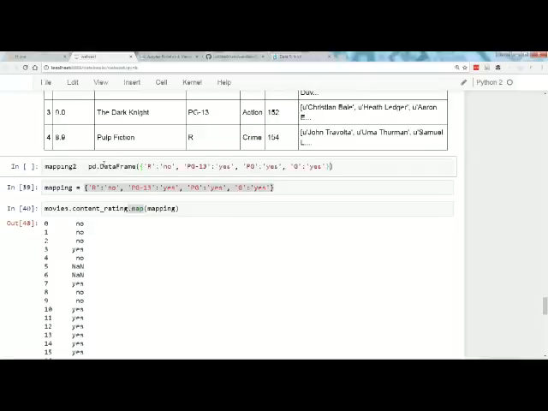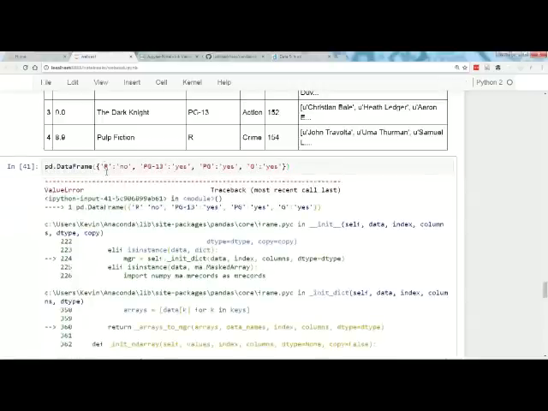So let's see what will happen if I pass this into the data frame. That will not give me what I want. I would need to change the shape. I would need to say ratings, R, PG-13.